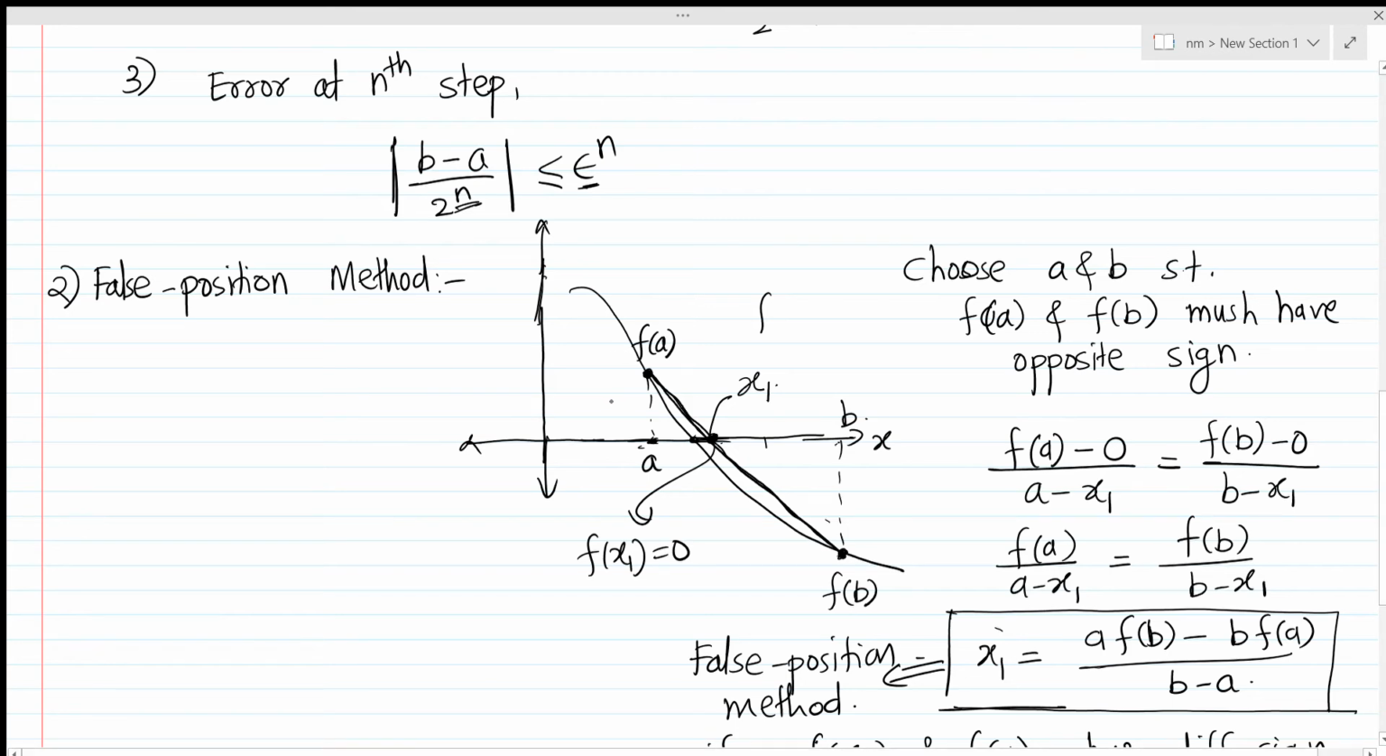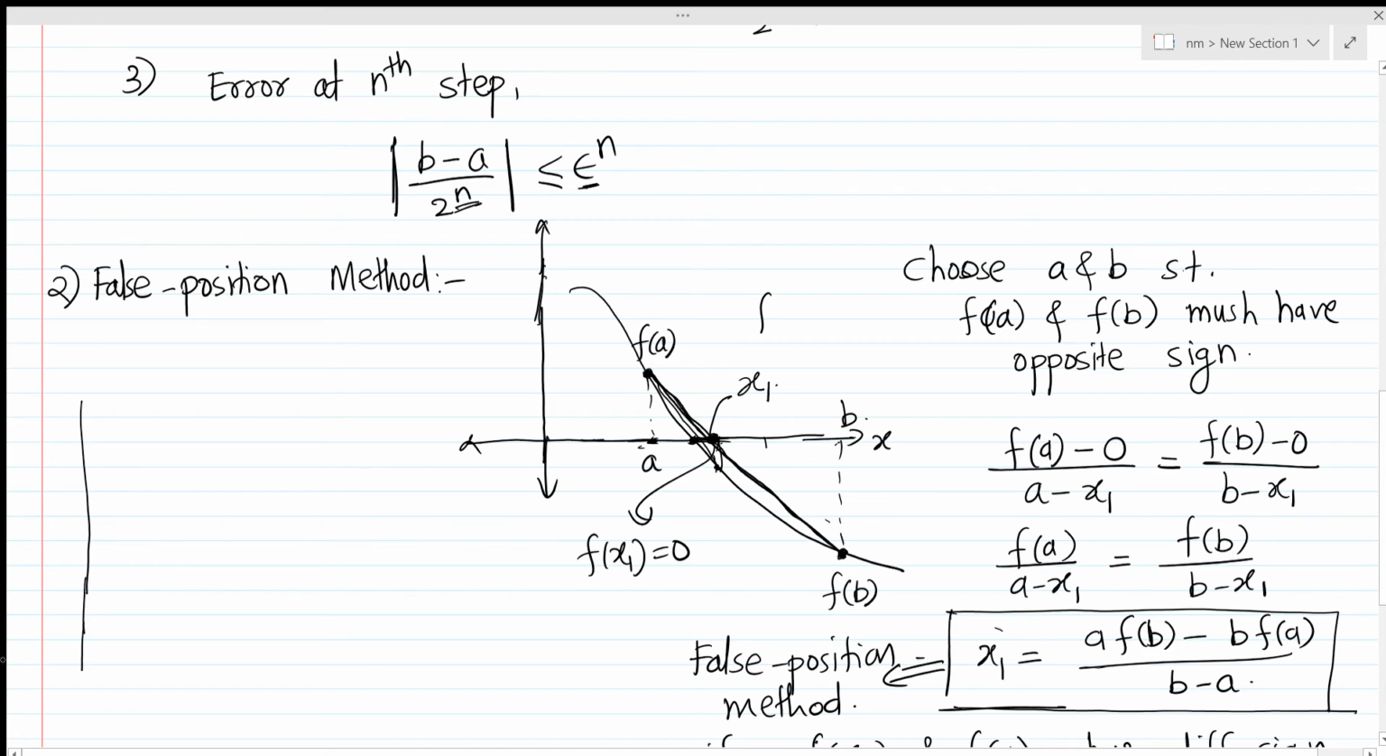But there are some disadvantages of this method. Suppose the function is something like this. Here we see that this is the new update, then we consider this line, so it will finally converge to the solution, and it converges faster than the bisection method. Okay,